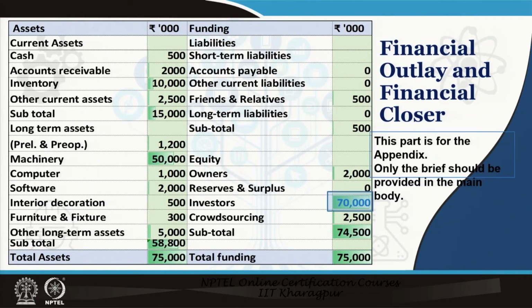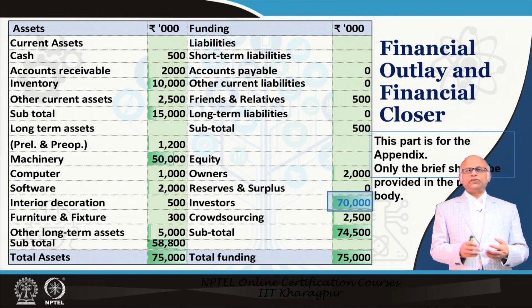In the next slide, you should show the gist or the glimpse of your projected financials, including the historical financials. Suppose you have already operated for 6 months or a year. So what is the turnover, what is the cash burn or profit or whatever you have made, just 2-3 lines. And then next you should show your future projection about financial outlay, that means the amount of money I need to invest. Then what is your sales moving forward, second year, third year, fourth year, fifth year, maybe you should make a projection of 5 years or so.